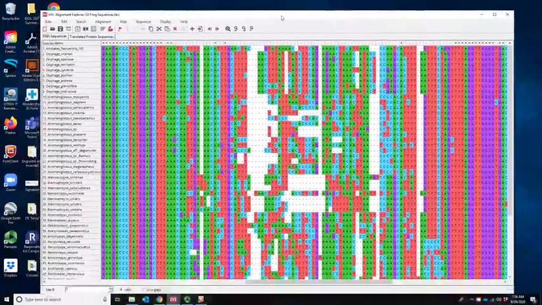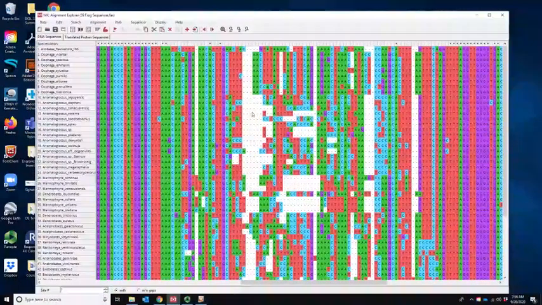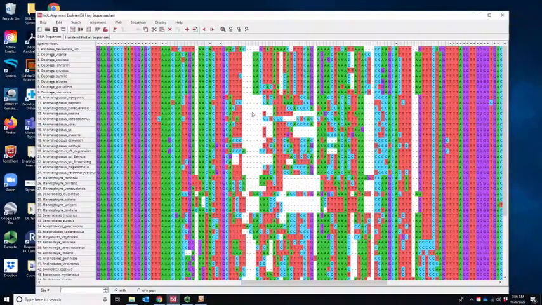So back to the alignment window here. Now what we would like to do is to be able to figure out what model of evolution is going to be best to do this, and then also the parameters. Okay. Now in MEGA, the way that we do this is we need to activate this data set in the